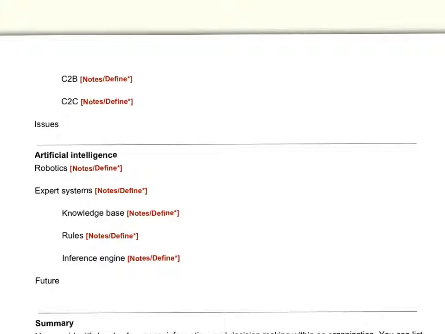We're down to the last section here. We talked previously about e-commerce. We have customer to customer. We talked about customer to business. We talked about business to business. And this is huge in terms of how we transfer money, not only individually throughout the world, transferring funds from one account to another, debit cards, credit cards, and all that, but a huge amount of money being transferred business to business, or even governments